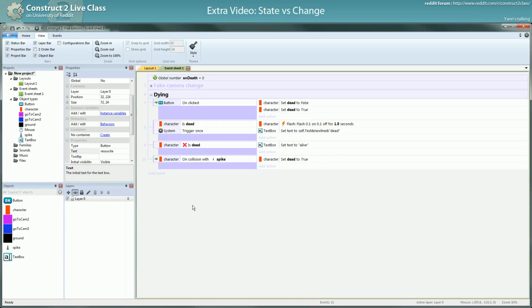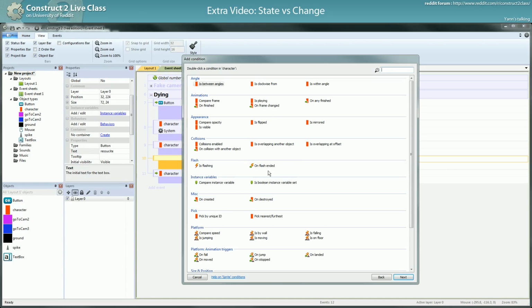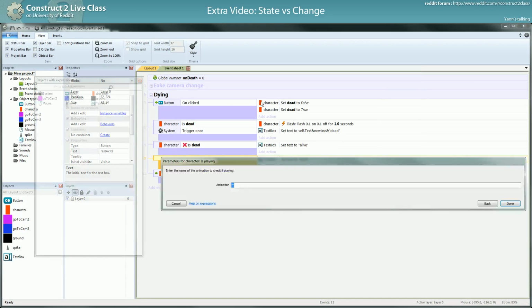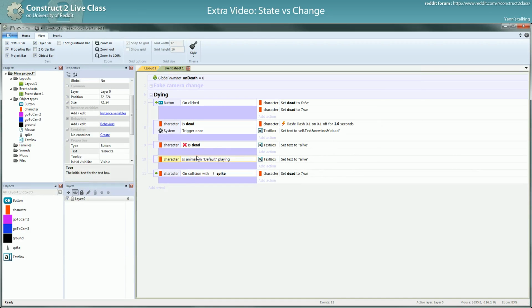What is state? State is something that is always true. It's a continuous event. Let me show you other states you can access. Maybe is playing. You have a default animation is playing. It's a state. You have